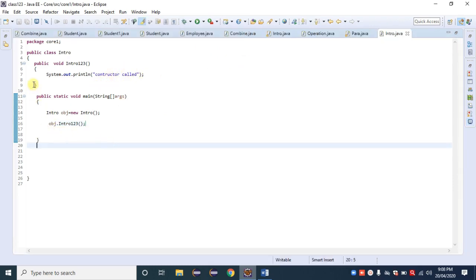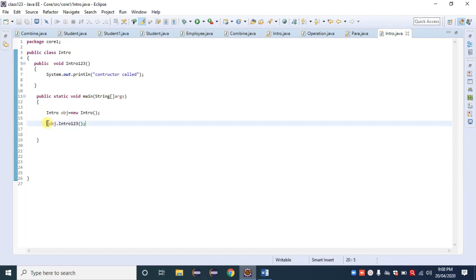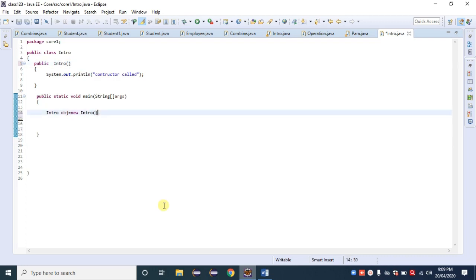Observe here. Suppose we have a method, we need a separate line or separate statement to call that method. In the case of a constructor, there is no need for a separate statement to call it. Only when we create an object, at that time it gets called or accessed. That is the main difference between a method and a constructor, or it is a benefit of a constructor. So our code is reduced by one line. Keep in mind.